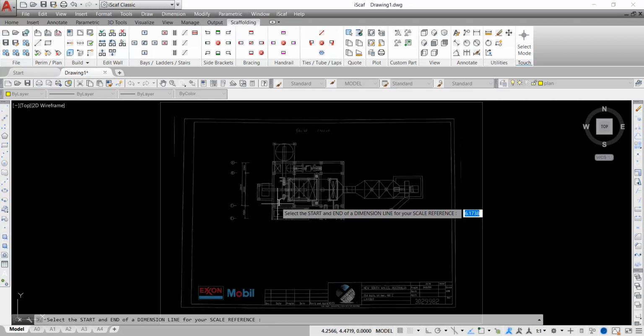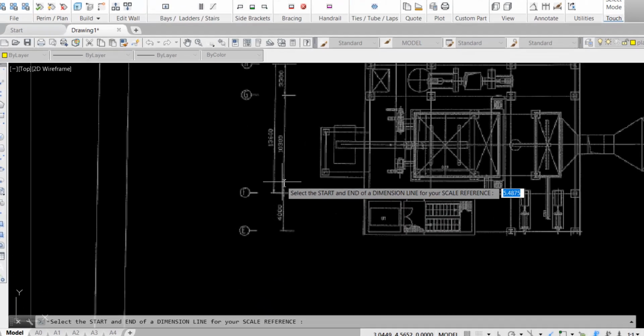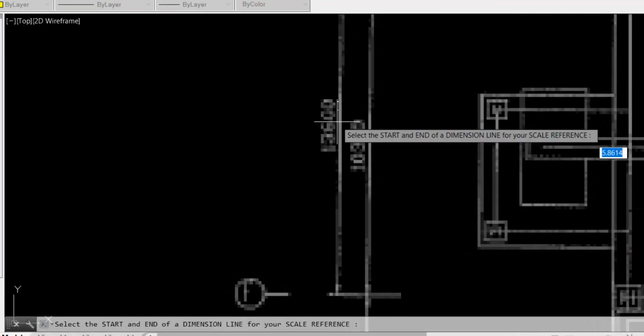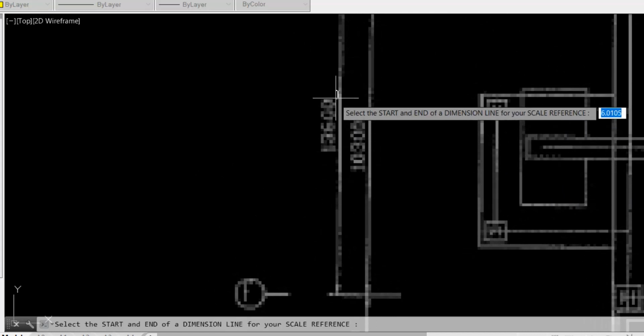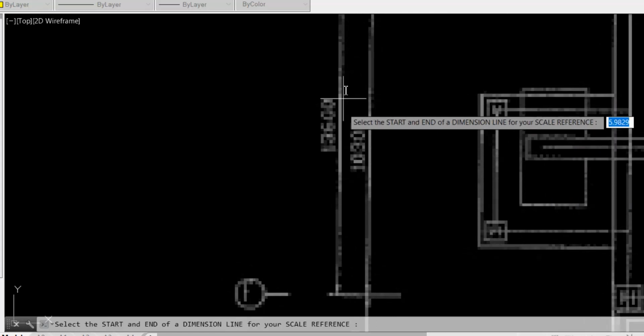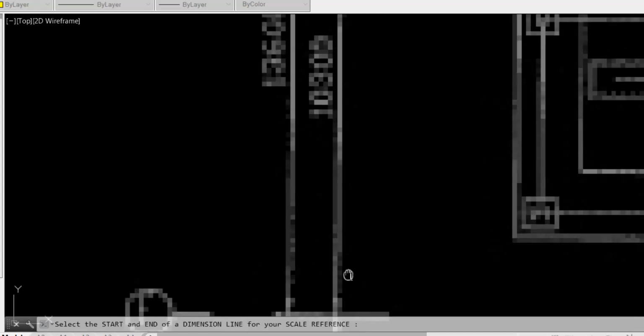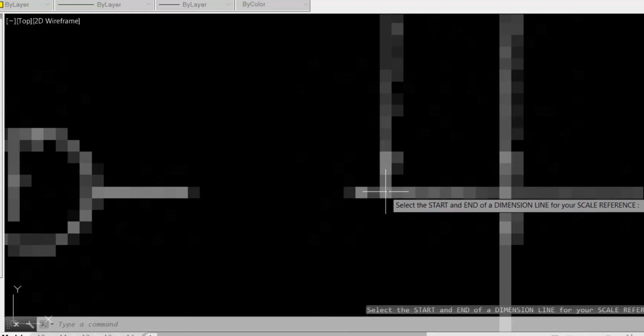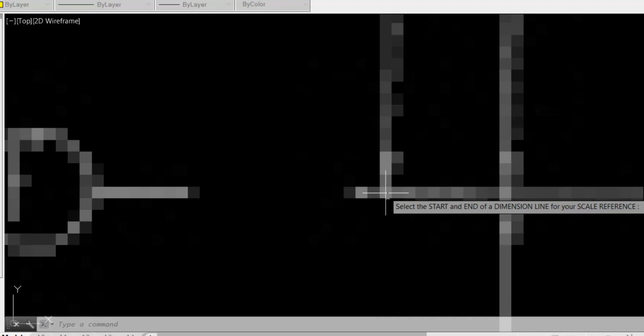So we're going to go ahead and zoom in on one of these dimension lines in the plan that tells us the scale of the drawing. And we're going to choose a large dimension line. So we are going to choose this 13600 line. This plan has been scanned in at a fairly low resolution, so it doesn't have quite the fidelity that you may become accustomed to. It is still good enough to scale correctly. So I'm going to zoom in on this endpoint of that dimension line,